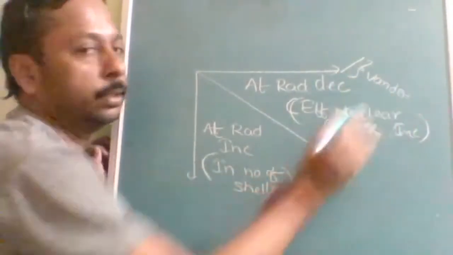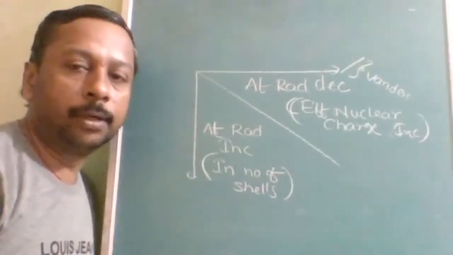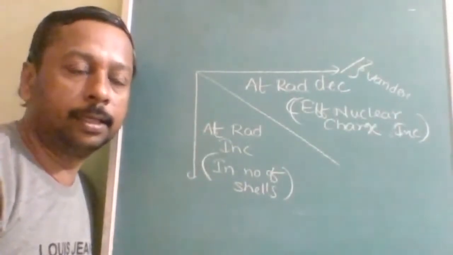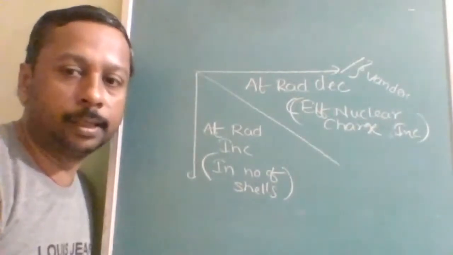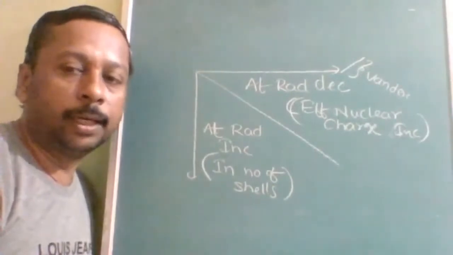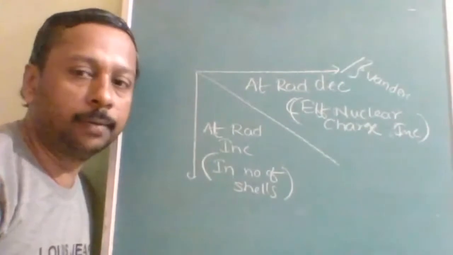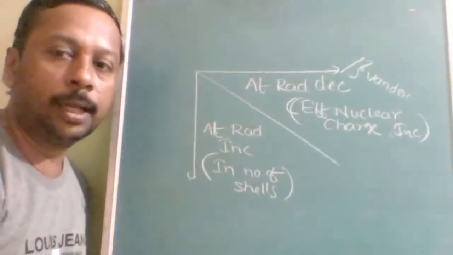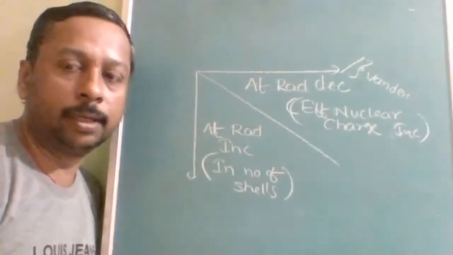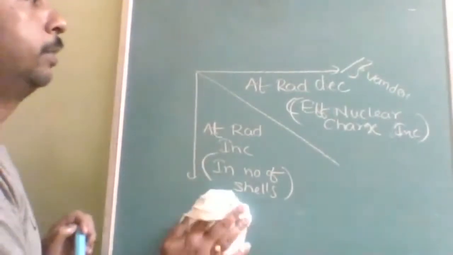Van der Waals radius. Van der Waals radius is used for inert gases. For all other gases and substances, either metallic radius or covalent radius is used. If you find both of them, or all three, for an atom, then obviously Van der Waals radius is going to be the largest radius available. So this is what we have studied as of now.